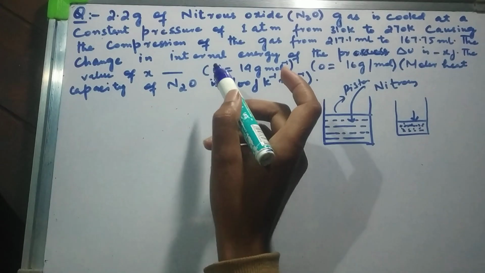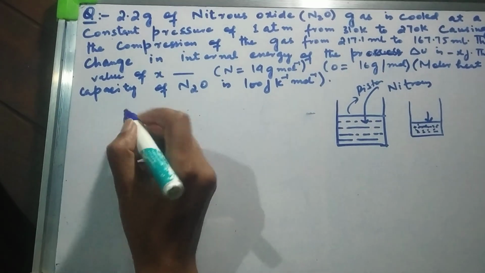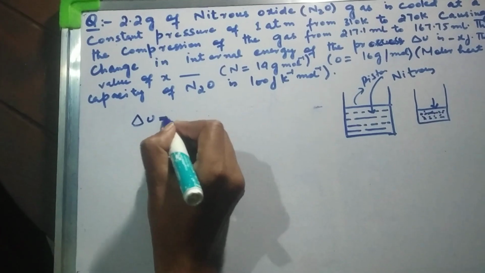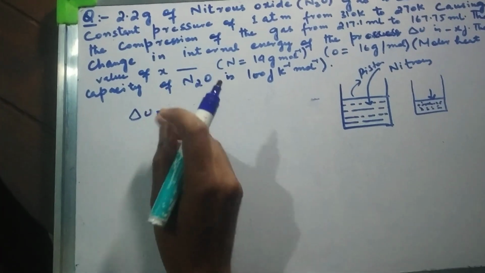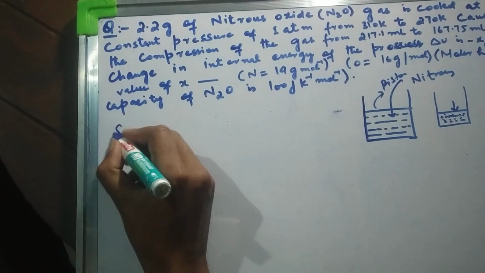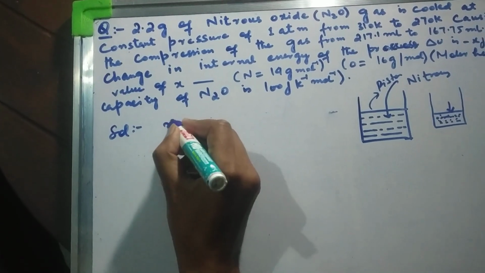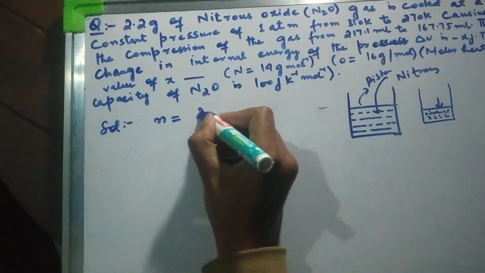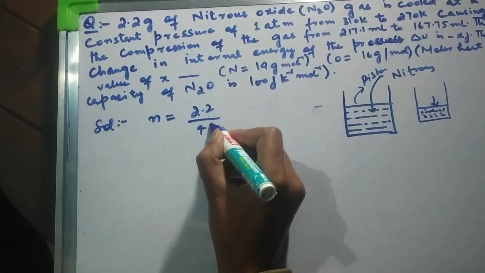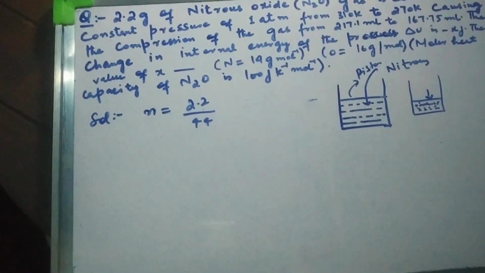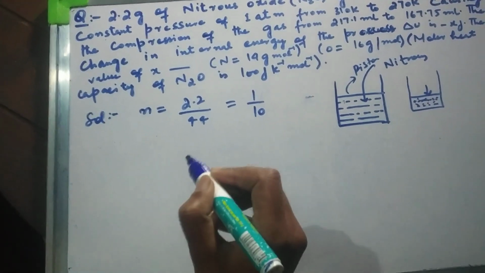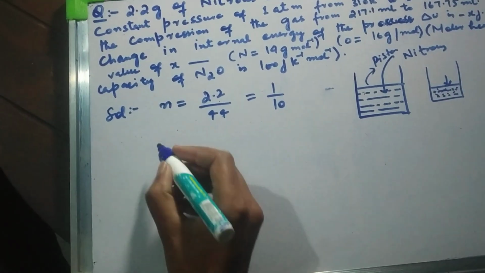We need to calculate the internal energy in this question. First of all, internal energy dU, which is equal to, I am going to solve this question. Moles is equal to given mass upon molar mass of nitrous oxide. Molar mass is 44. You have to check, which is equal to 1 upon 10. This is the moles. And enthalpy